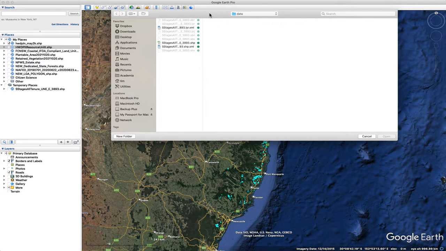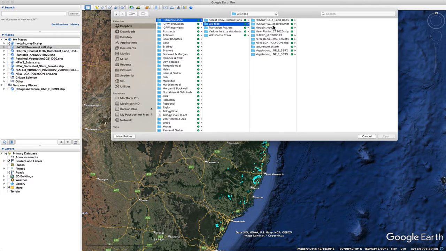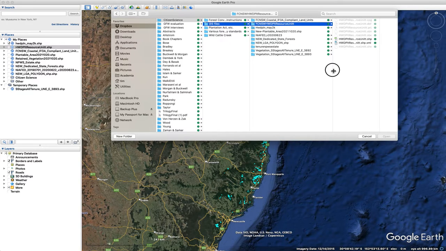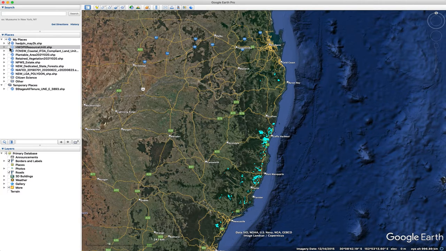Go to File, Import, choose the Citizen Science folder, go to GIS Files, and the next that you will need is this data set in a folder FCNSW HWD PLT Resource Unit, and then you'll import HWT PLT Resource Unit.shp. And once you have that in Google Earth Pro,